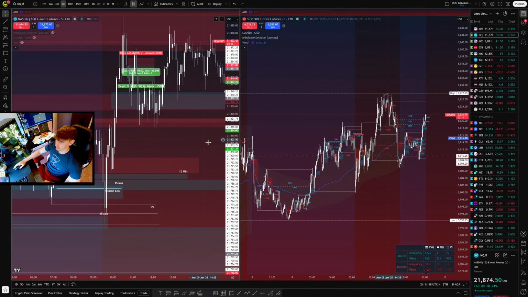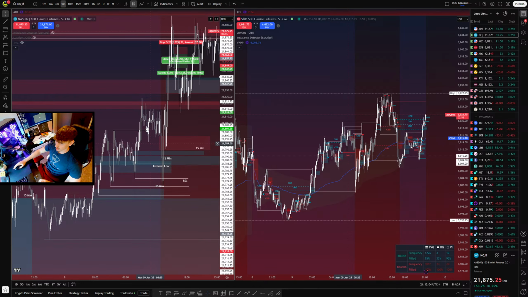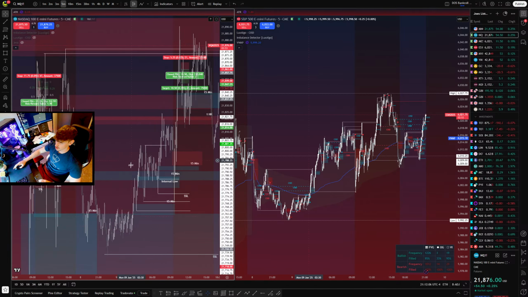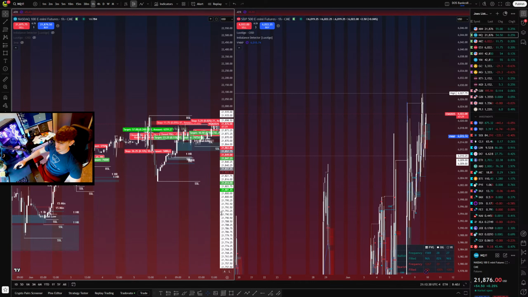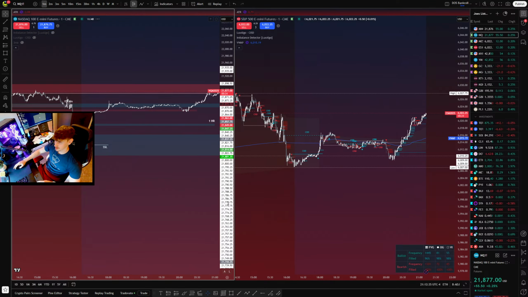Obviously, he was looking for shorts. I was looking for longs. I don't exactly know why he was looking for shorts in this market. To me, this looks really bullish, especially on the 15-minute, especially on the 5-minute. It's pretty clear we were going on an uptrend, and just knowing that it is NASDAQ in general. Uptrends, buying is usually the safer bet. Even the daily is an uptrend, 1 hour is an uptrend, 4 hours an uptrend. For some reason, he decided to take shorts. I don't know why he took shorts.